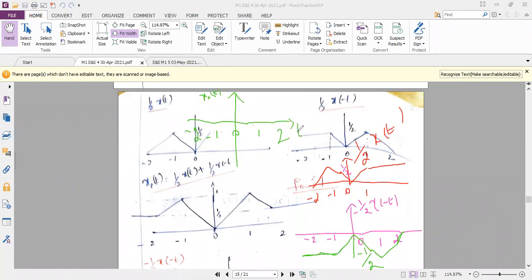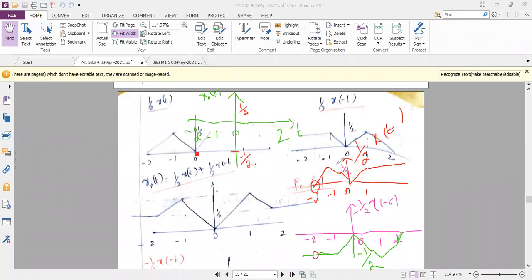Okay. So now let me take different color. Let me only mark the dots. So when I compare here at minus 2, I have an amplitude 0. But here at minus 2, I have an amplitude minus of 1 by 2. So 0 plus minus of 1 by 2 is how much? Minus 1 by 2, right? So at minus 2, can I mark it as minus 1 by 2? See, I'm marking with the dot. You can see in the screen.